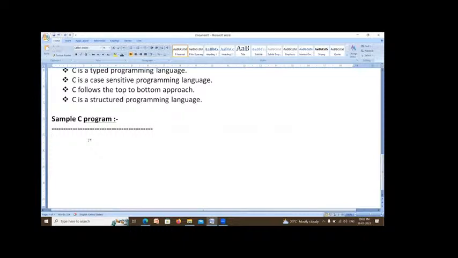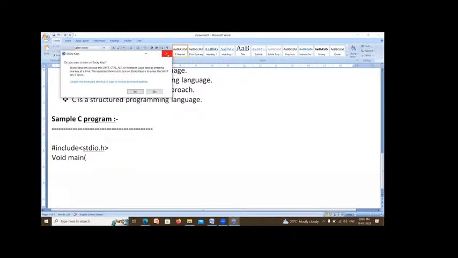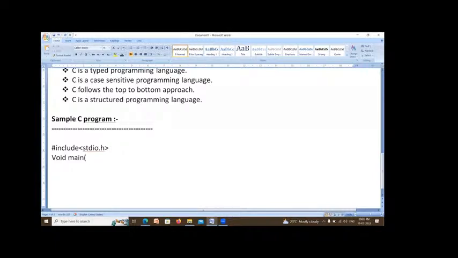Now, how to write a sample C program? See, whenever you are going to write a program, the first line you have to write is hash include stdio.h. After that, we have to write void main. After that, we need to start the curly brackets and close the curly brackets.